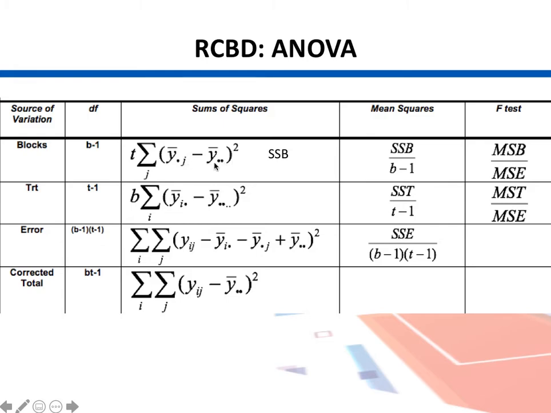and we calculate their deviations from the grand mean, and we sum them up and we square them, because the sum of deviations is 0. Since we want to calculate the variance, we cannot average them as they are, so we square them. When we average these squared deviations we get their variances. And then for the blocks we multiply the whole term with t, the number of treatments, and for the treatments we multiply with the number of blocks, b.